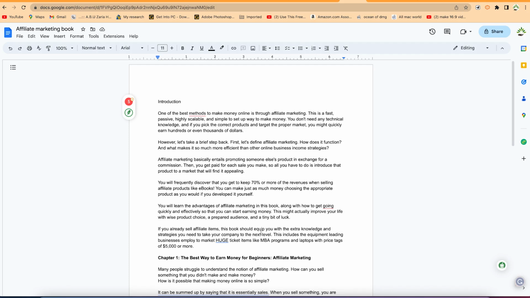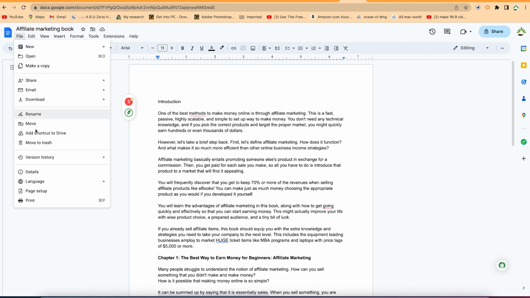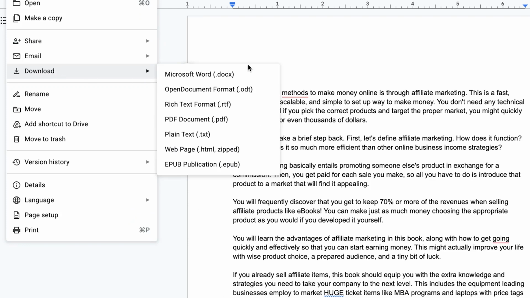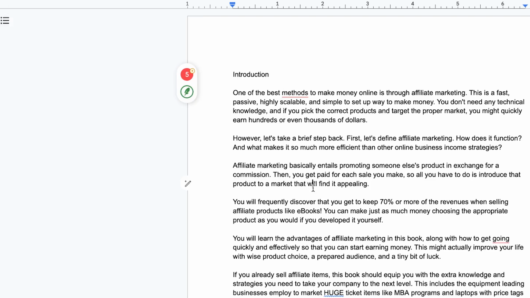So basically this is how to write a complete book. Once you're done, you can just go ahead and save it out in PDF. If you want, you can just export as a PDF. You can download it in different formats, but I prefer to download in PDF. You can even add images, and to make it more lively, you can go to other copyright free websites to download some images that you can add to make complete meaning in the book and to put in some more life to it.